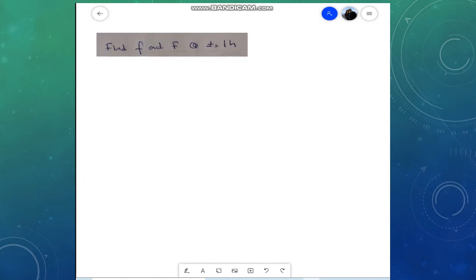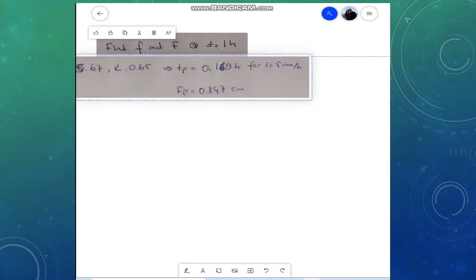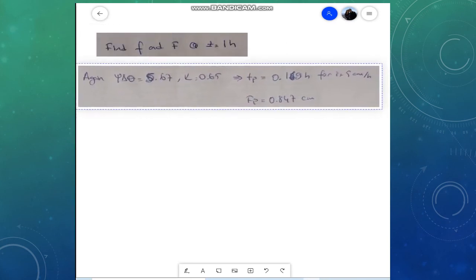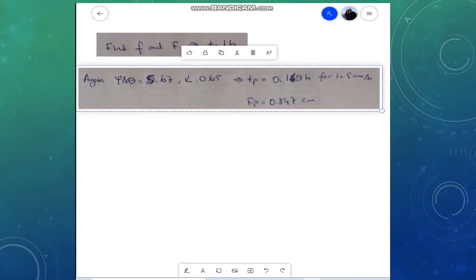For silt loam, what we had is delta theta is 5.67, right? And hydraulic conductivity is 0.65. Ponding time for 5 centimeter per hour, which we calculated in the previous example, is almost 10 minutes, which is 0.169 hours,